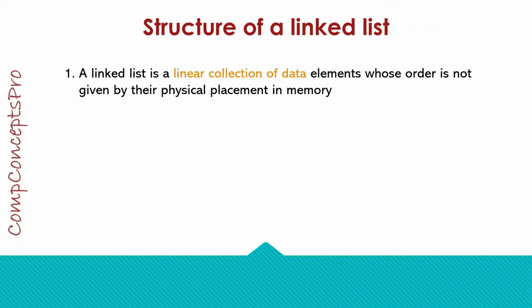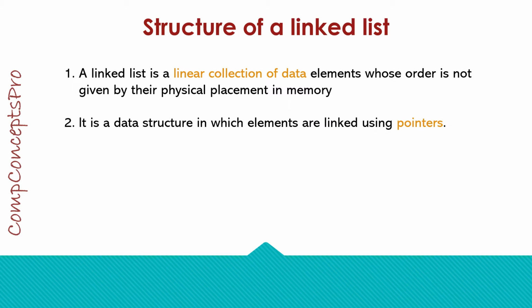A linked list is also a linear data structure like an array, but its elements are not present at contiguous memory locations. So how will we come to know which elements are part of which linked list? The answer is all the elements of a linked list are connected to each other with the help of pointers. Pointers means the address of the next element is stored, with the help of which we can find out where the next element is located in the memory and what is its value.